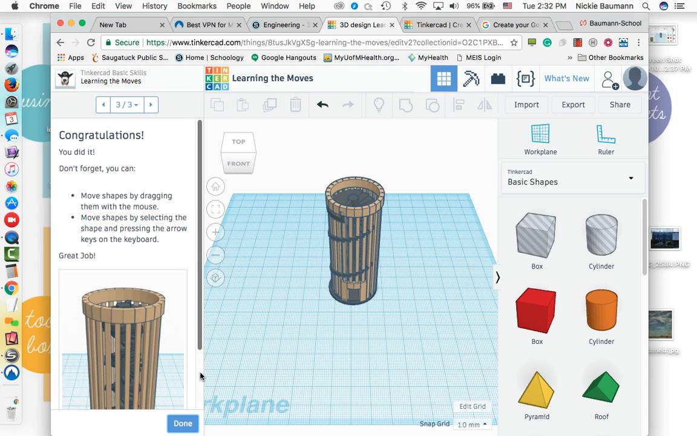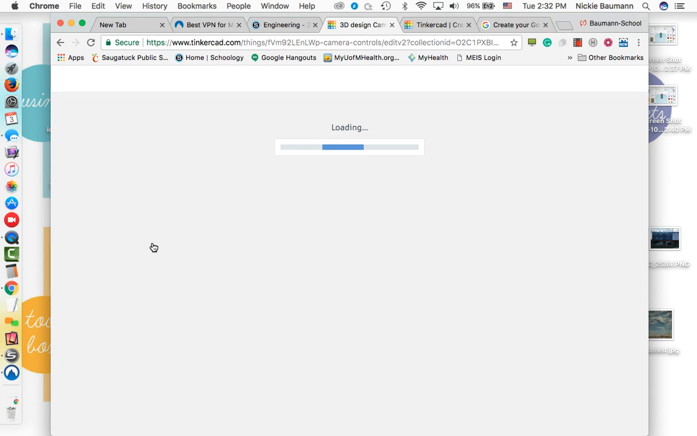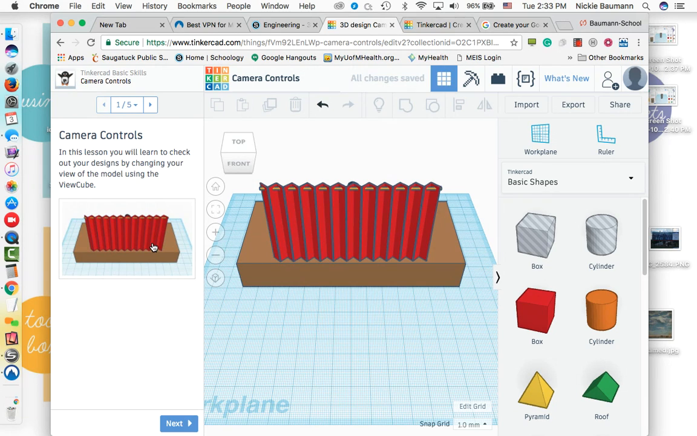So I'm going to do a screenshot here. It's going to put it in my files, or in this case, my desktop. And I'm going to hit Done. And then I'm going to go to the next one and hit Continue. Now, if for some reason it's not letting you access these mini lessons, I will show you where you can grab it. So if for some reason you don't end up going right to learning or moving the shapes